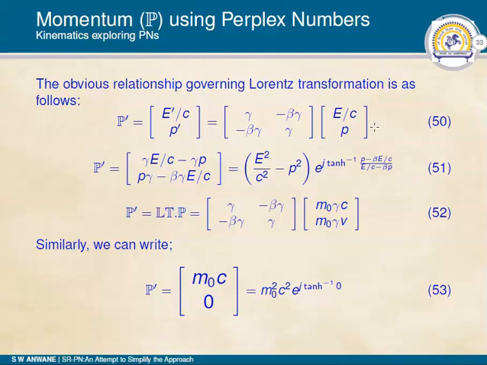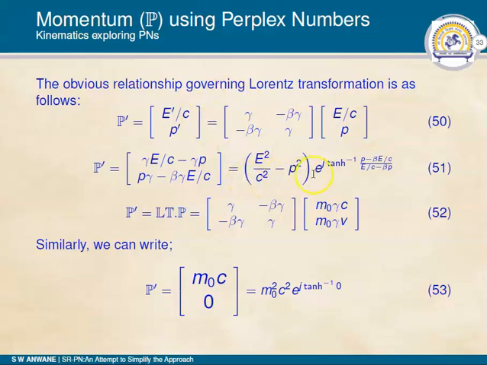If you would like to find P dash, which is in fact E dash upon C and P dash, it will be the Lorentz transformation operated on the 2 by 1 matrix E by C. So if you simplify that, you can obtain P dash in the expanded form as in equation 51,